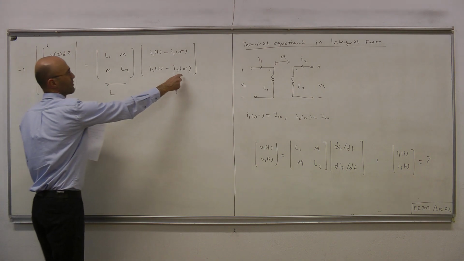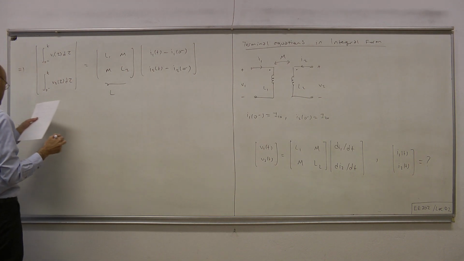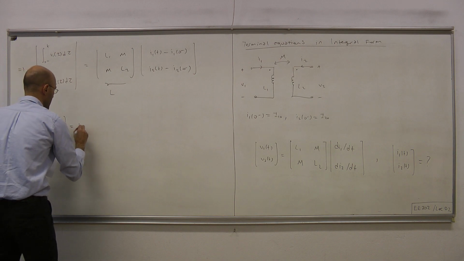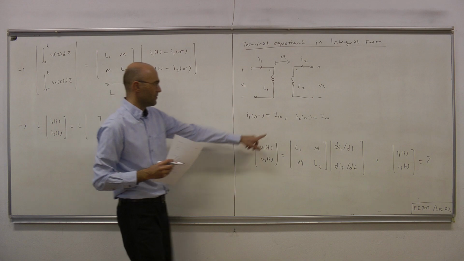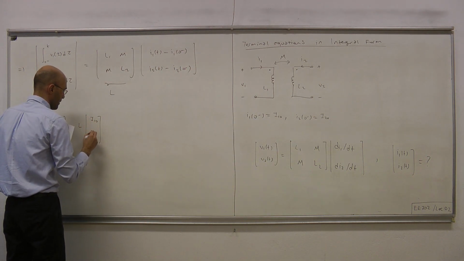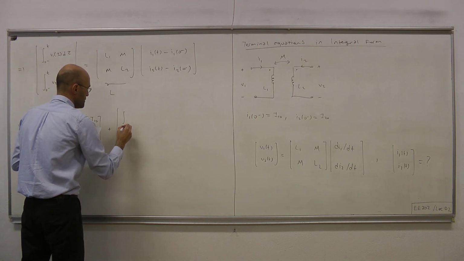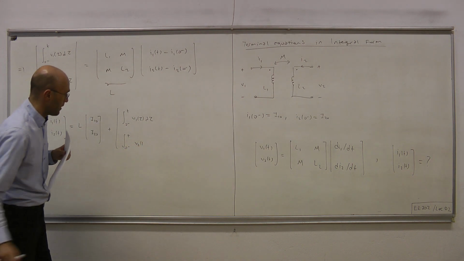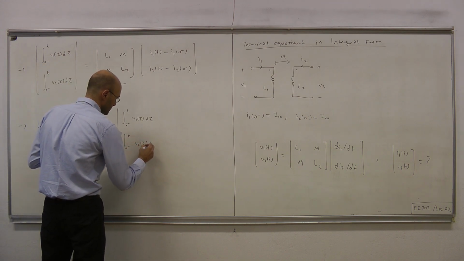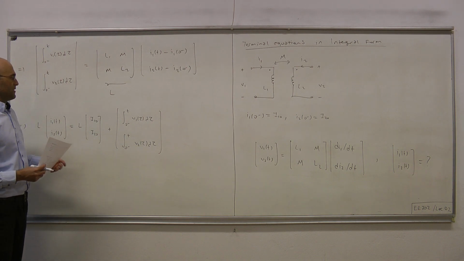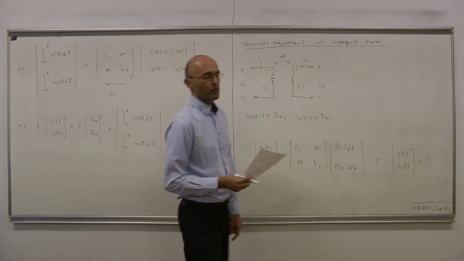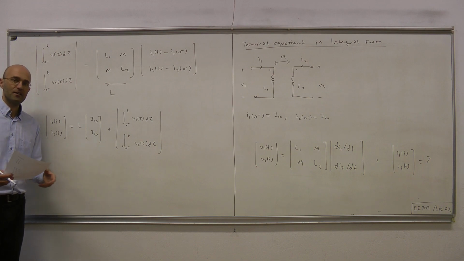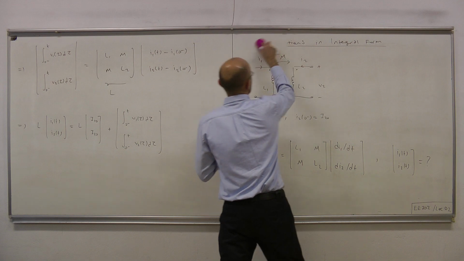Therefore, by throwing the initial condition terms to the other side, what we have is L times I1 of t, I2 of t equals L times the vector that contains the initial currents, namely I10 and I20, plus these integrals, V1 of tau d tau and V2 of tau d tau. Okay. And now we're very close to being able to write I1, I2 of t. All we have to do is multiply both sides with the inverse of the inductance matrix, provided that the inverse exists. Okay. So assuming that it does,